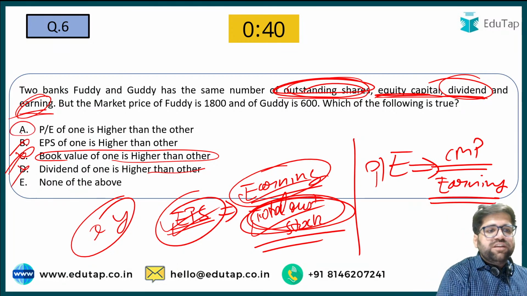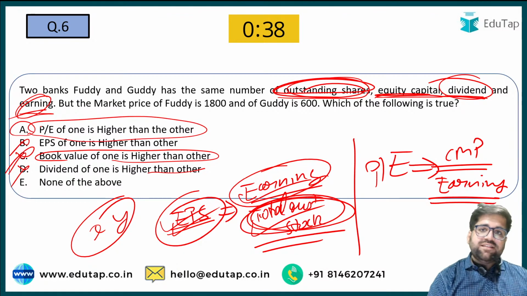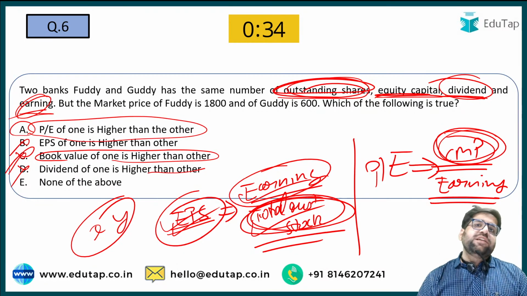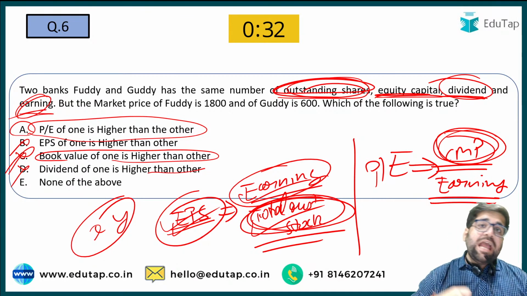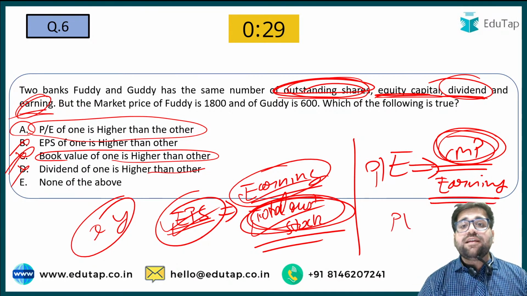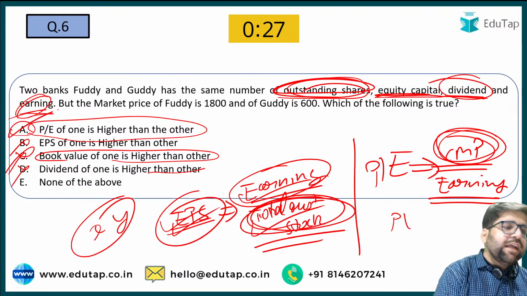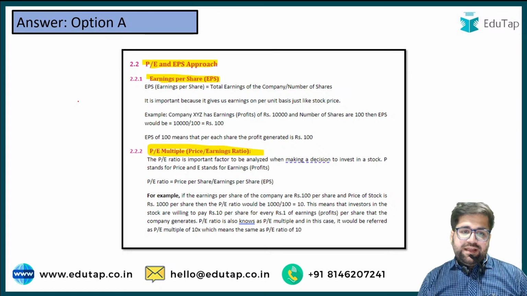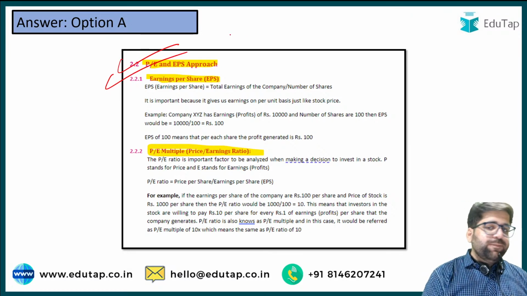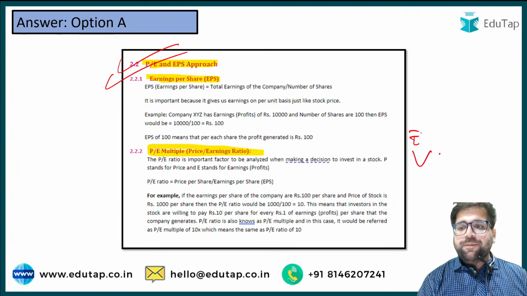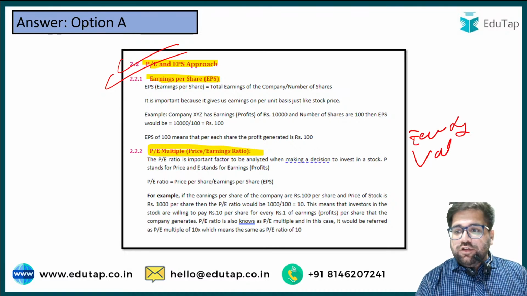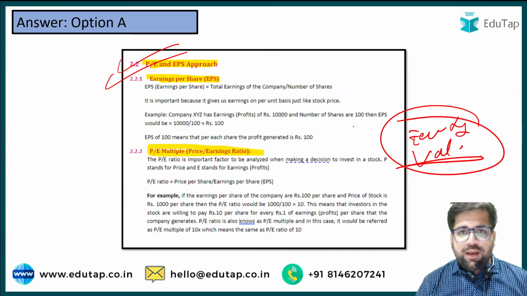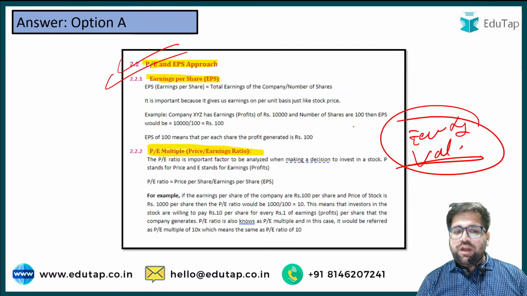Now the only option which remains is PE of one is higher than other. Yes, this can be a situation because there is no information regarding current market price. So yes, there can be a situation where PE of one bank is higher than the other. So yes, the correct answer will be option A. I can see that maximum of you have given the right answer. And if you are reading the concept notes, there is a chapter of equity valuation in your concept notes. Just remember the formula, and by using your own logic you could have arrived at the